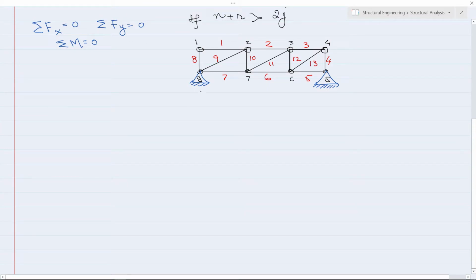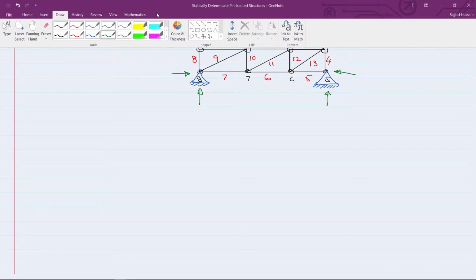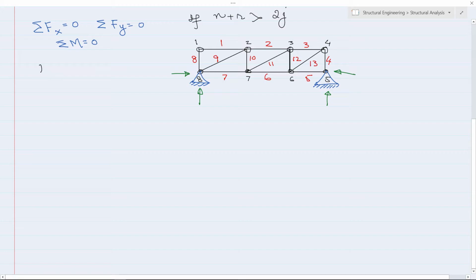We can see that one will be the vertical reaction over here, horizontal reaction, vertical reaction, and of course some horizontal reaction. So that means there are 4 reactions. So we can say that here the value of r will be 4, the number of members will be 13, so n will be 13,